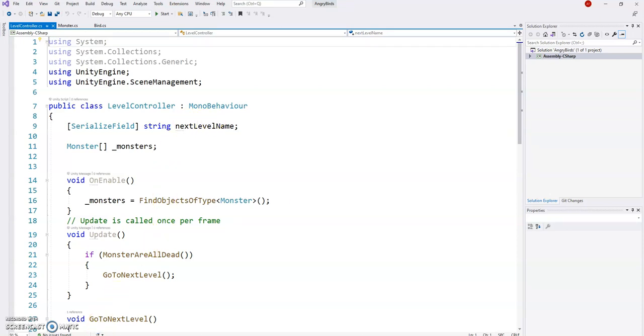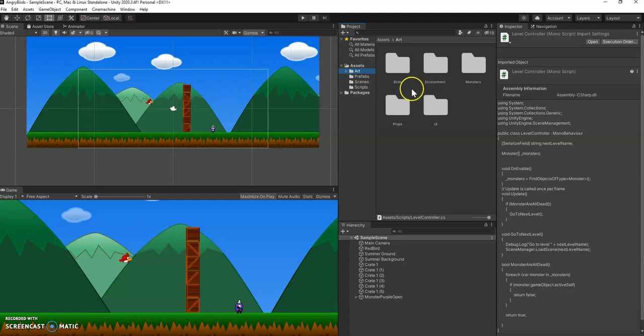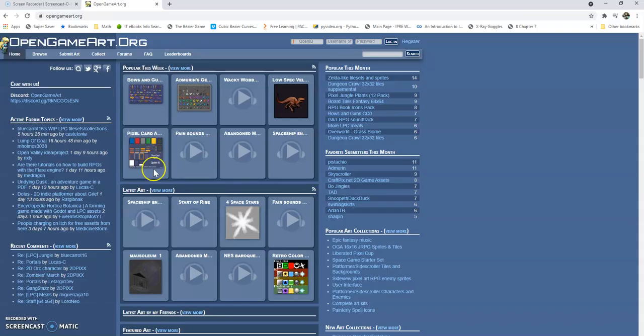Now, the next thing, I'm going to give you a file with all the artwork. So basically, I will give you this file here that has the birds, monsters, environment, and so on. However, having said that, let me show you a cool little website where all the artwork came from. If I just come on here, this site here,